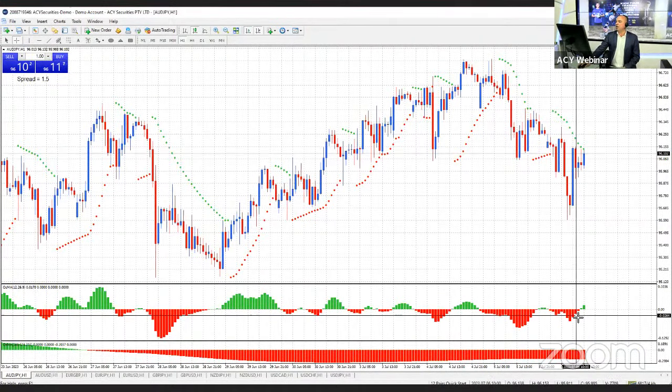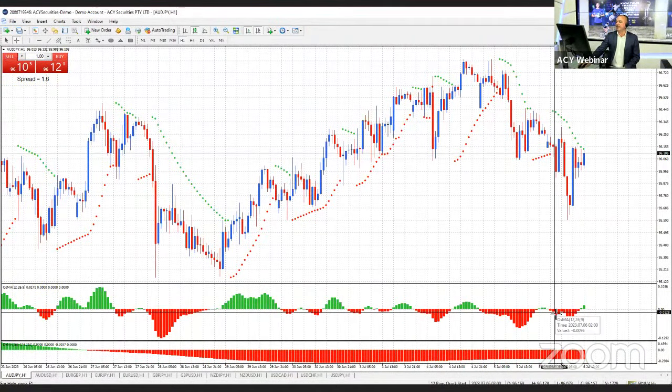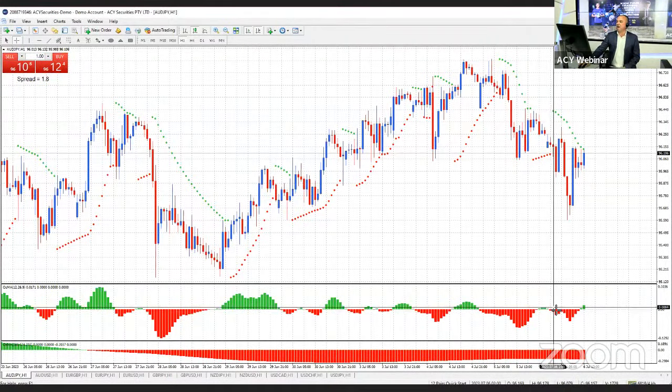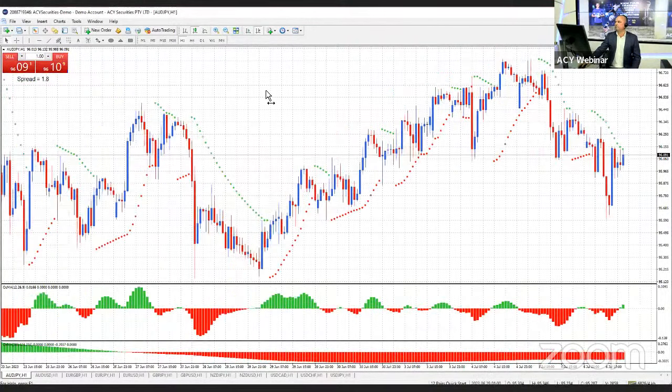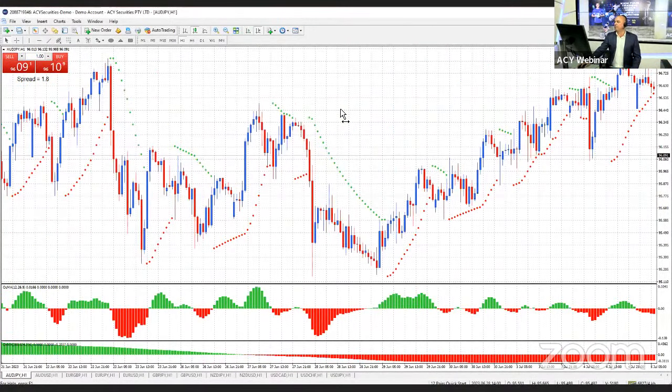So you can see down the bottom here yesterday, we had the hourly matching. Okay, right now it's just changed. So it's not a setup at the moment or one we'd focus on at this stage. But if I take you back to yesterday, if we're looking for a sell, I'm looking at this right now yesterday and saying, okay, my daily trend is red, it's down. My hourly trend is red, it's down, it's matching. So now I want to see price actually break to the downside.